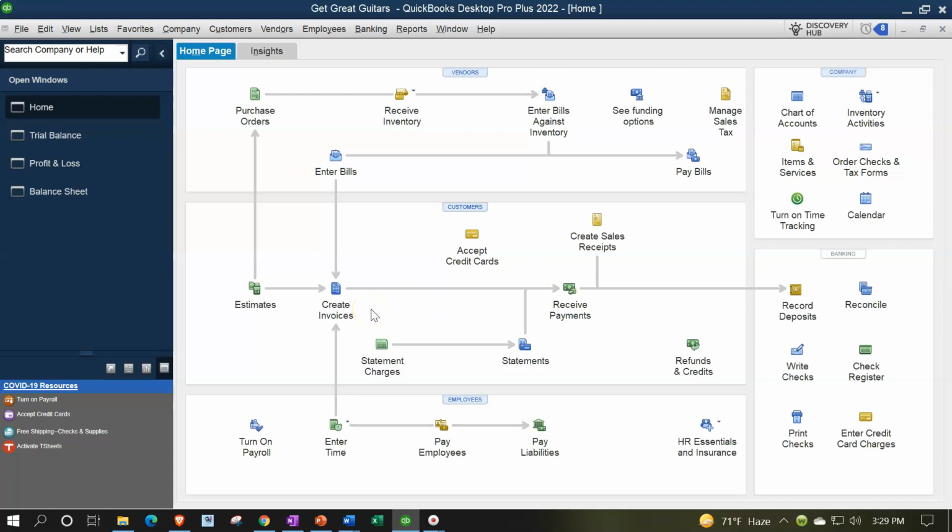We charge it at that point in time, typically getting paid at that point in time, either with cash or credit card or some other form of payment, which is going to go often into undeposited funds, the rest of the transaction looking very similar to the invoice. And then once it's in undeposited funds, we're going to group those deposits in the way that they will be seen as they hit the bank account as we put the deposit into the bank account,